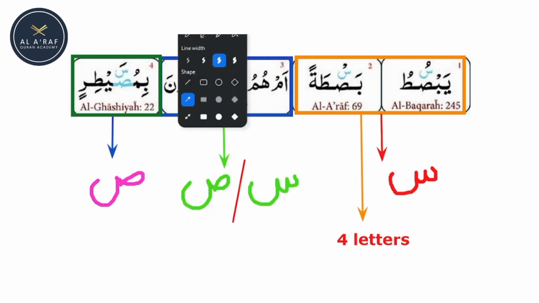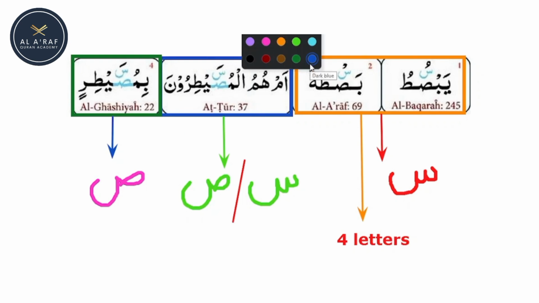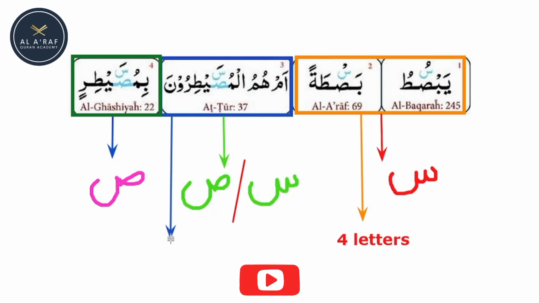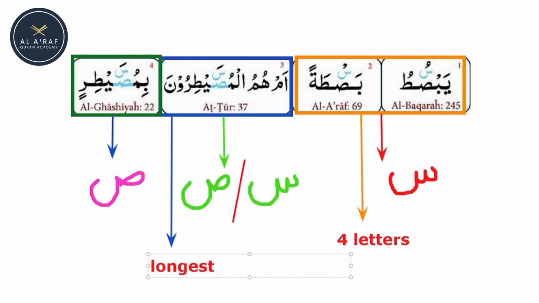And the other one, if I tell you the second one, you can see the second one is the longest word. Am I right? This is the longest word. So if you see the longest word with the rule of seen and sword, then you have the choice. You can read it with seen, you can read it with sword. Is it clear now? And there is the only one word remaining, so that word you have to read with sword. Is it clear now?